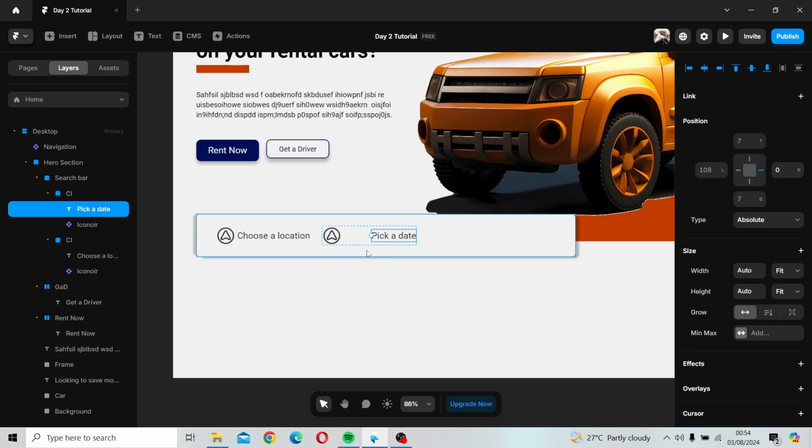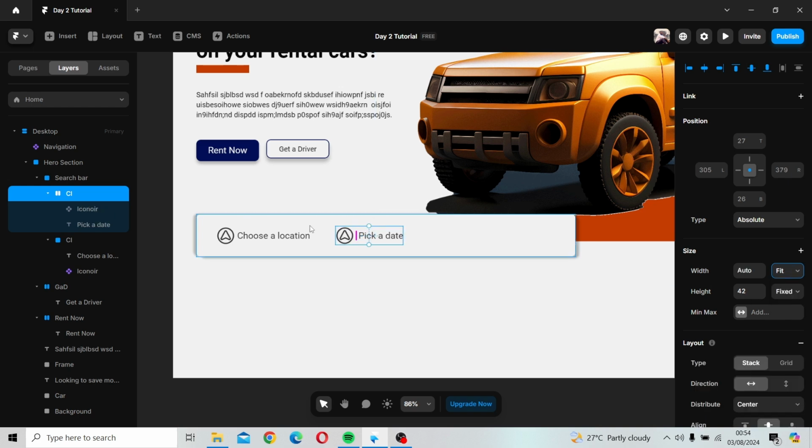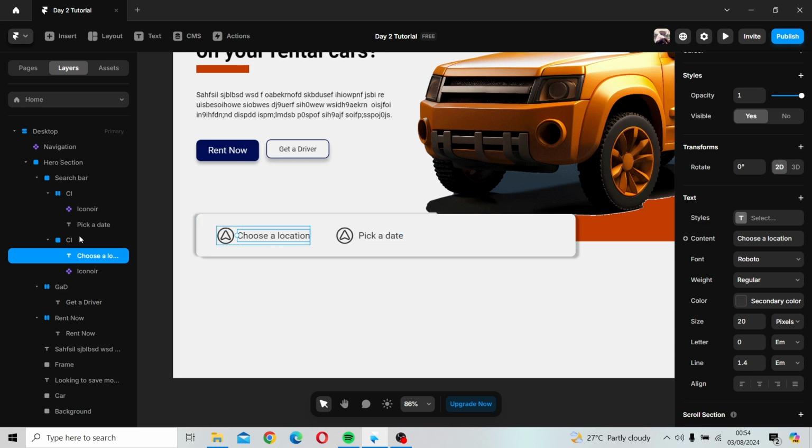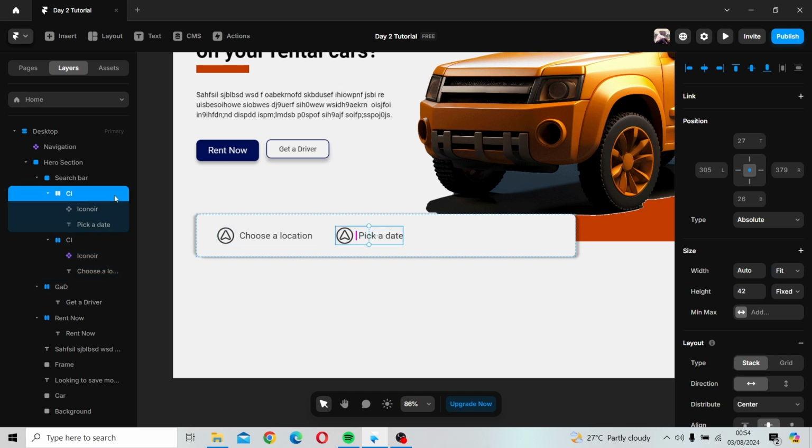Pick a date. So with the pick a date, let's put the fixed. Fits. Now when you put a comment instead of fixed, then put fit content. Are you seeing it? Instead of fixed, we put fit content. Same thing applicable to fee, you can put fit content. So it automatically fits the content. And let's pull pad. So now lastly,